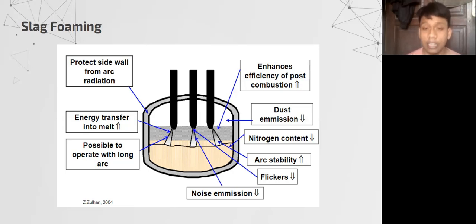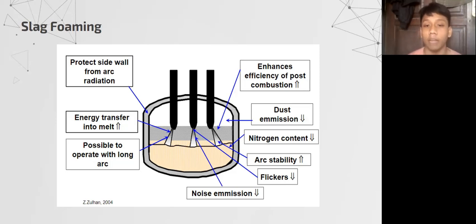So the next advantage is enhanced efficiency of post combustion. What is post combustion? It is basically combusting the excess product that is not combusted perfectly, such as carbon or any other gas that is not combusted perfectly. And then the dust emission will reduce. The nitrogen content is also reduced because the carbon monoxide gas is higher in the electrical arc furnace, so it will reduce the nitrogen, and then the arc stability will increase because